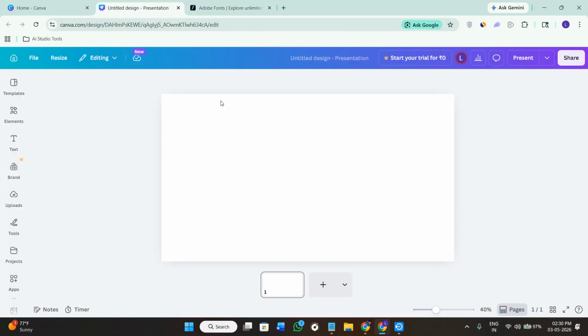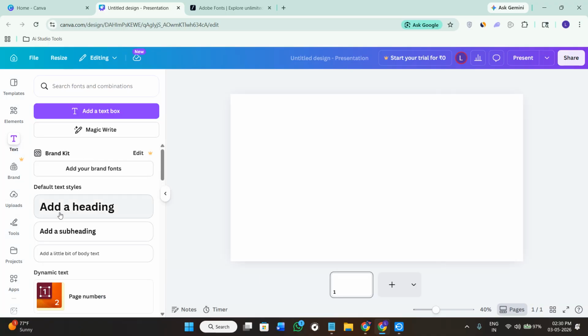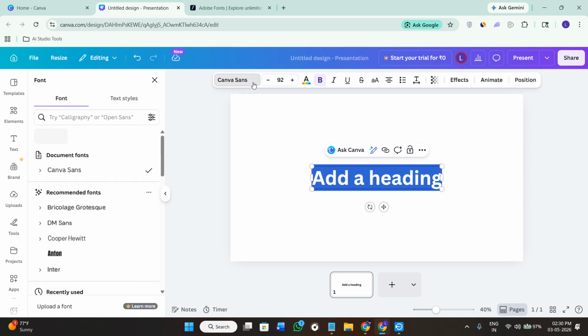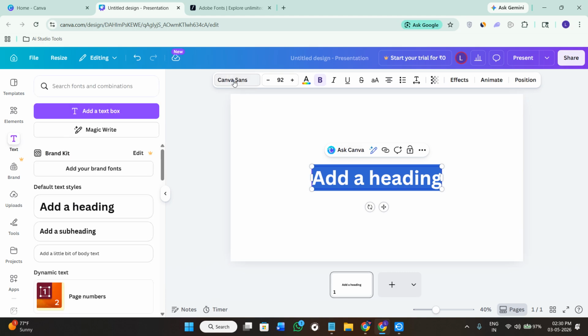So first of all, it's very important for you to know that Canva does not directly integrate with Adobe fonts through automatic syncing. This means that Adobe fonts from the Creative Cloud account cannot be imported directly through a built-in Adobe connection. So in this situation, what you can do is you can just simply click on this start